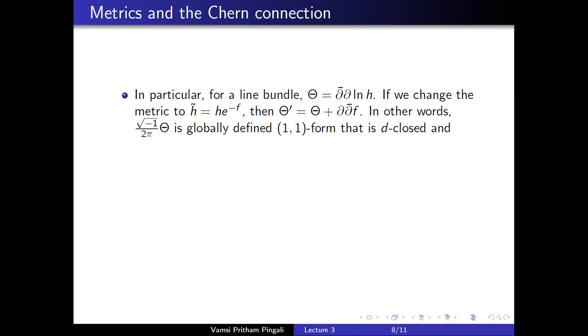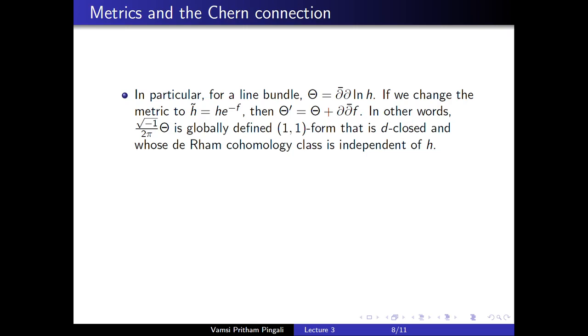Alright, so this is a globally defined real 1-1 form. It's obviously d-closed because it's locally d-exact. And its de Rham cohomology class is independent of h. Why? Because when you change your h, your new form is the old one plus d of something, right? So in other words,